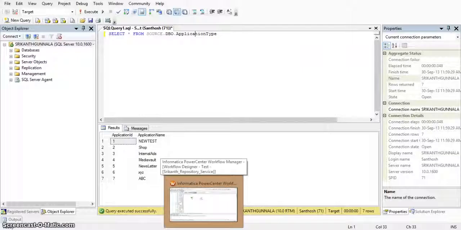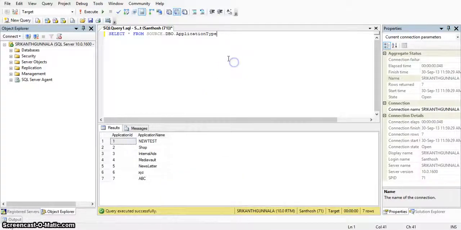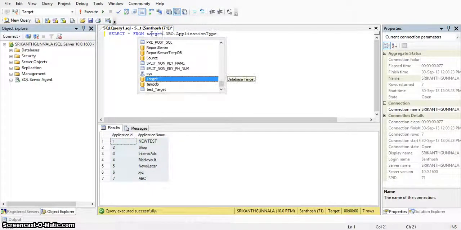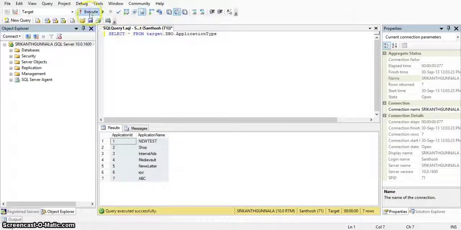We will verify the same in the source and target databases. Here this is the source database. I am running the SQL. Here we are getting 7 records, and now I am running the same in the target database. Previously in the target database we didn't have any records. Now in our target database we have 7 records, meaning the source 7 records are loaded into this target database.